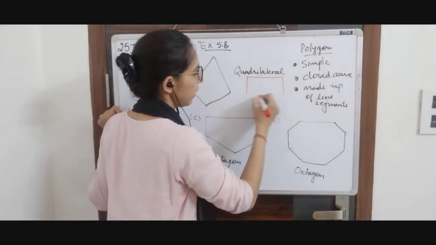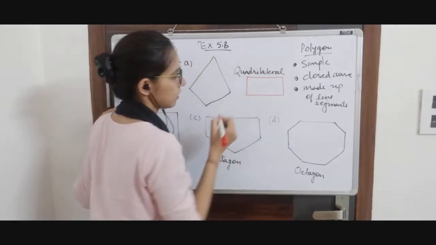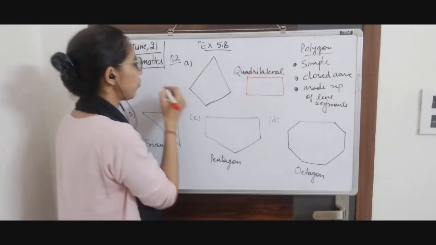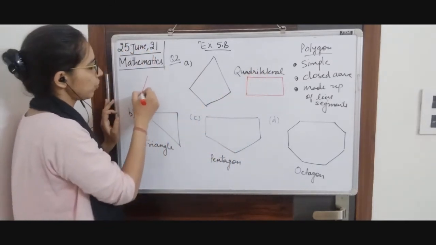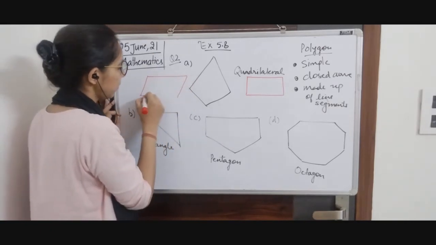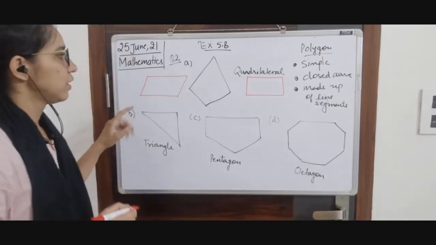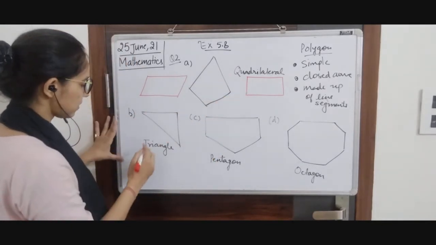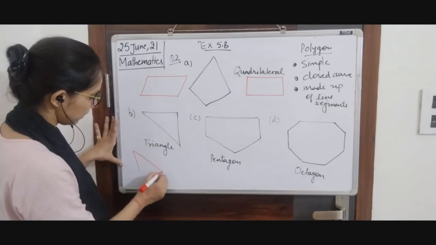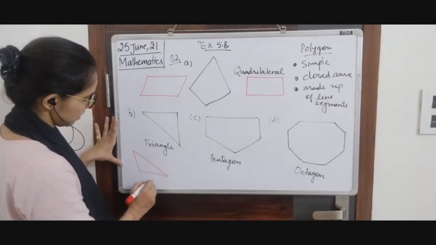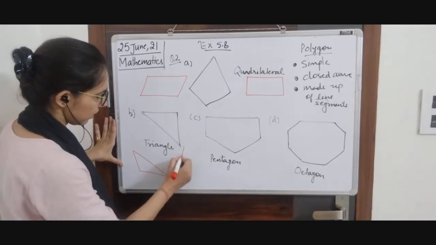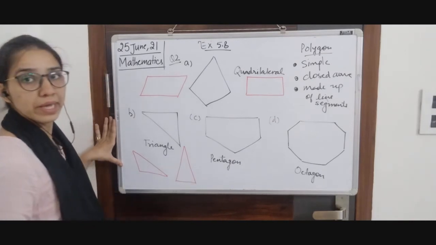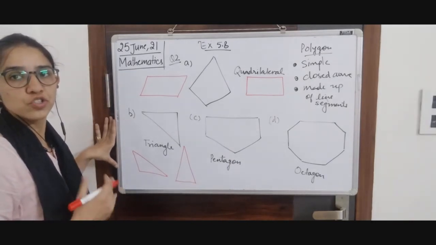One, I am going to make a rectangle. It has 4 sides. This is also a quadrilateral. Another one, I am going to make a parallelogram that we have studied in our previous exercise. So these are 2 quadrilaterals. These 2 more examples. Now triangle. I am going to make a triangle like this. Another triangle is like this. We just have to make 2 triangles, and you can make any triangle of your own choice.